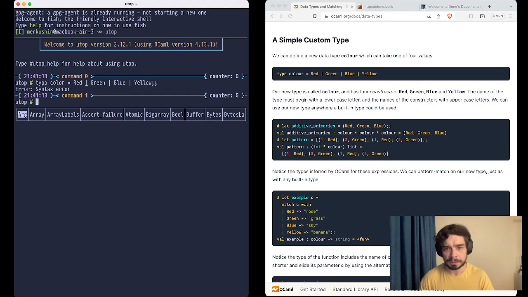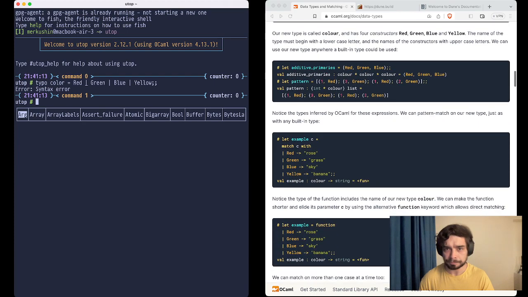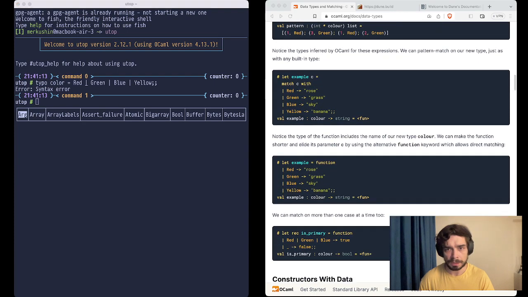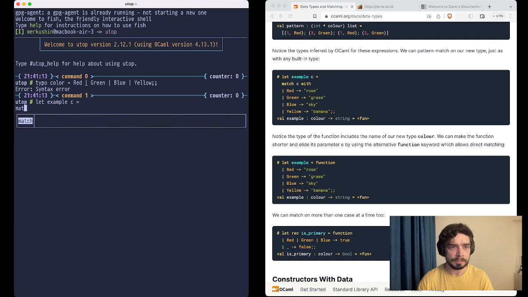And that's probably a closure. At least that's a function, and we can see here it is. Let me try: let example c equals match c with